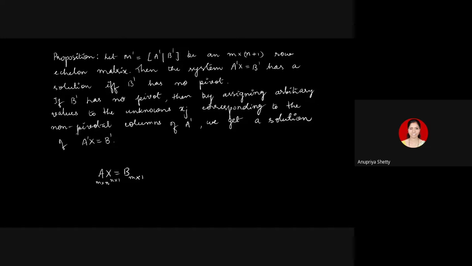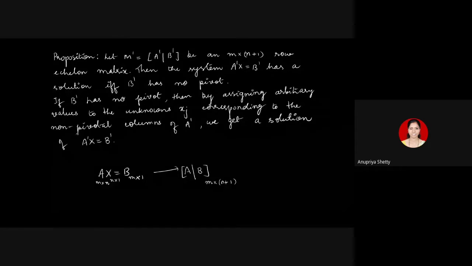Whenever we have to solve this system, what we first create is the augmented matrix. What is the augmented matrix? It's a matrix having two blocks. What are the two blocks? One block is the coefficient matrix A, and the second block is that one single column. This matrix will have m rows. You see, A and B both have m rows, and how many columns will it have? N columns of A plus 1 column of B, so it will have n plus 1 columns. This matrix is called an augmented matrix.